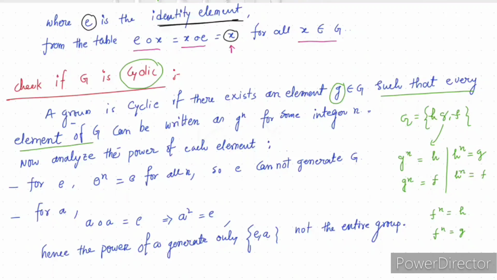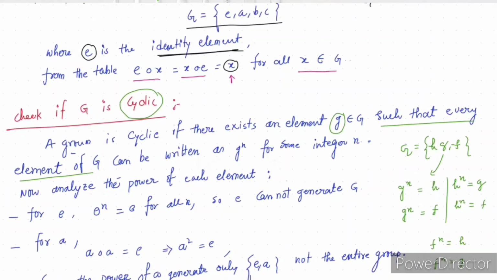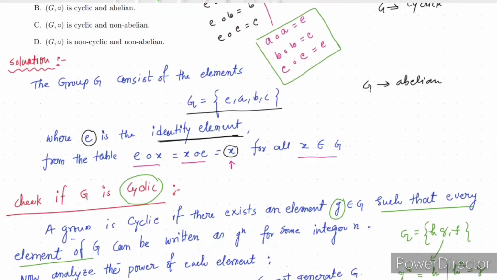So एक ग्रुप है, इस ग्रुप के अंदर 3 एलिमेंट्स है, उस 3 एलिमेंट में से किसी भी एक एलिमेंट का स्क्वायर आपको अदर 2 एलिमेंट का वैल्यू आपको मिलने वाला है, ठीक है। अगर इस तरह का प्रिंसिपल फॉलो करता है तो इस G को हम लोग साइक्लिक ग्रुप बोलने वाले हैं।